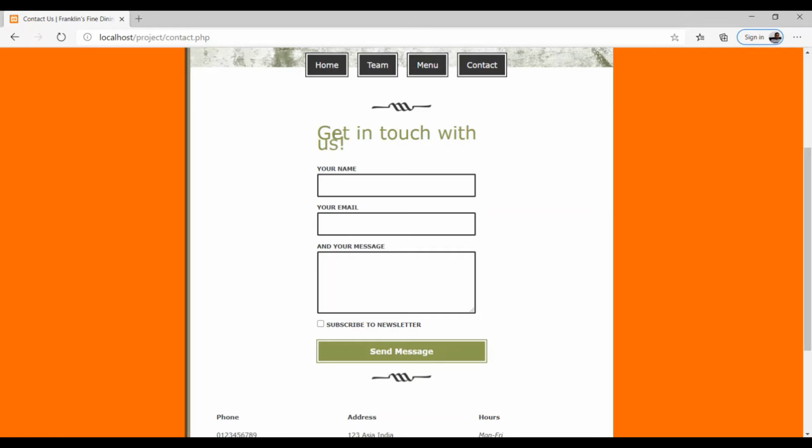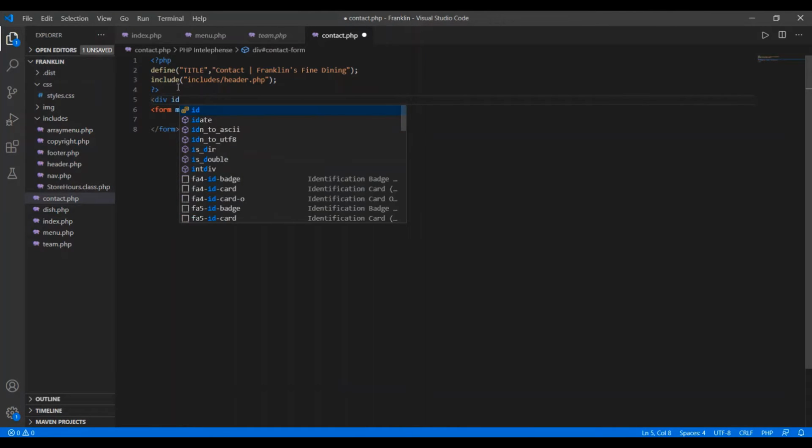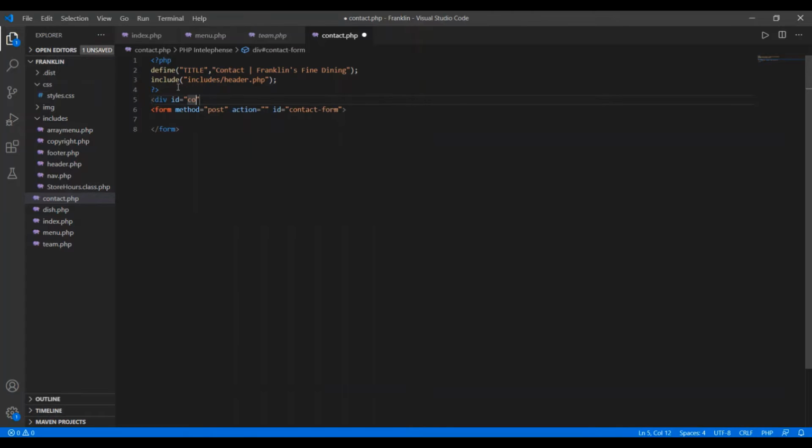If we see the original video, here is our header, "Get in touch with us," then this form, and we have to add a horizontal line, and then after the form the horizontal line again. So we go to this location and I'm going to write a div, and to this div I'm using the ID contact.